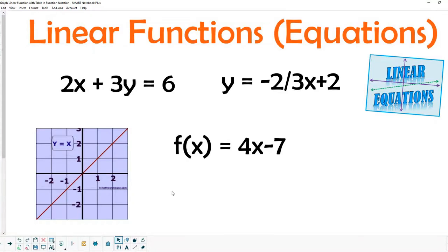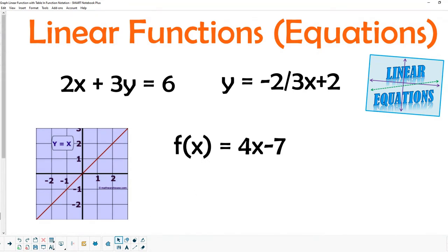All right, let's get started on our next discussion here. We're talking about linear functions and equations, so that's what they look like. Here's one that's in standard form that hasn't been solved for y. There's one that has been solved for y. In fact, it's that one that's been solved for y, so now it's in slope-intercept form. And here's one that's written using function notation, that little f of x that's out front that means the